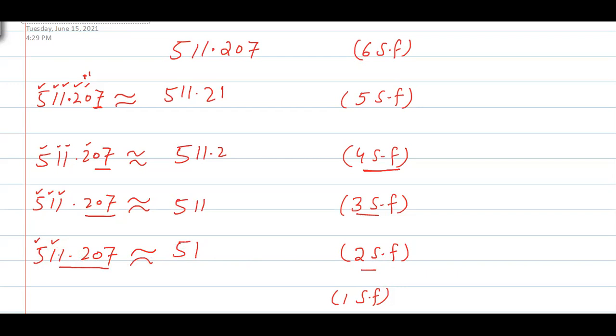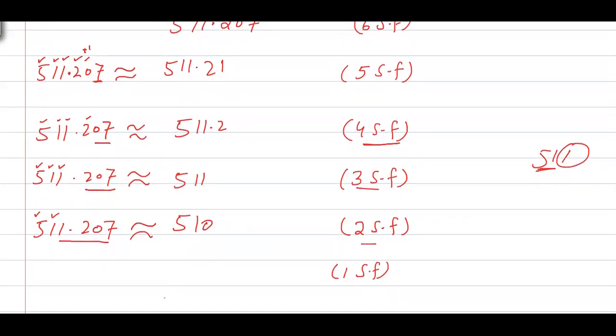So what you have to do in the whole part, what is the whole part? The whole part is 511. So we write 51. The remaining is only 1 digit of the whole part that you will convert to 0. This is the point. So there are 2 significant figures only. Take care about this point. Now let's round to 1 significant figure.